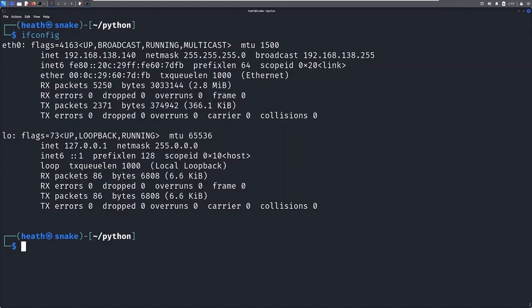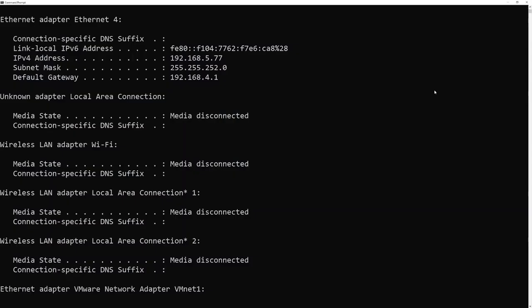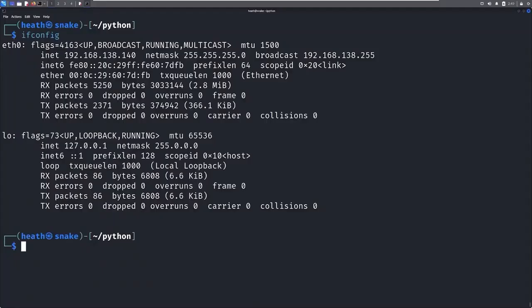I'm actually going to bring up my Windows machine that I'm on, and you can see here that I have a default gateway of 192.168.4.1. So make sure you know your gateway, or your router's IP address, or that you have a machine you can scan that might have port 53 or 80 open, or you need to modify your script so that you can scan for something. But I'm going to go ahead and scan my 4.1 because it should have some stuff open. So if I do python3 scanner.py and just enter 4.1,